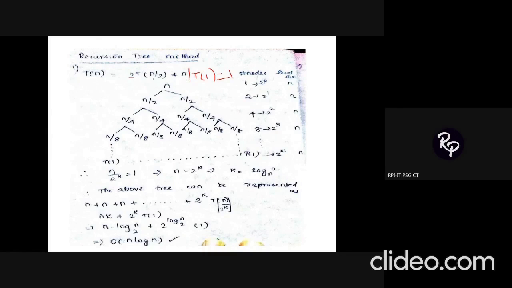What we are going to do for the recursion tree method is, obviously you know, the first part is going to be the a value, the second part is going to be the b value, and the plus something is going to be your f(n) value. Whatever f(n) value is given to you, represent that as the root node of your tree structure. It is a recursion tree method, so repeatedly, or recursively, I am going to apply a tree structure for solving the problem. Obviously for a tree structure you should have a root node. I am given a value n over here, so this n is what is getting represented in the root node.